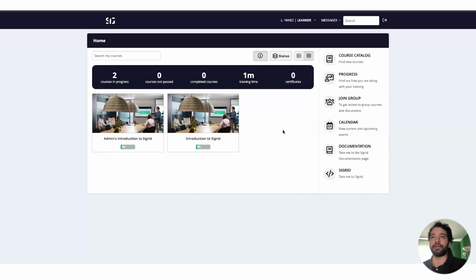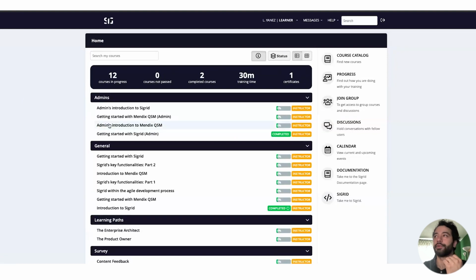First, I want to break down a bit about what you are seeing here on this home screen. Right at the top of the courses you have a few options to change the aesthetics of how you view your trainings. Because if you are like me, you might eventually end up with a lot of different trainings, and having big images for each one might be a bit difficult to keep track of. This makes it a bit easier.